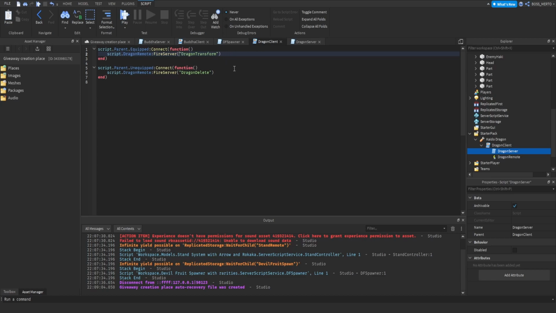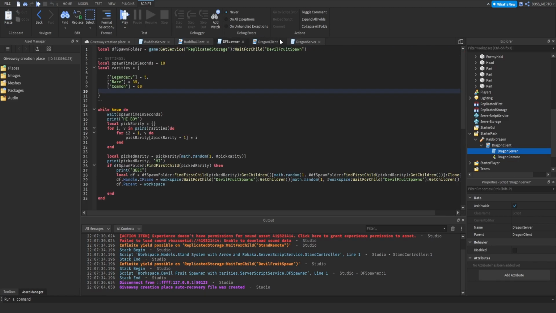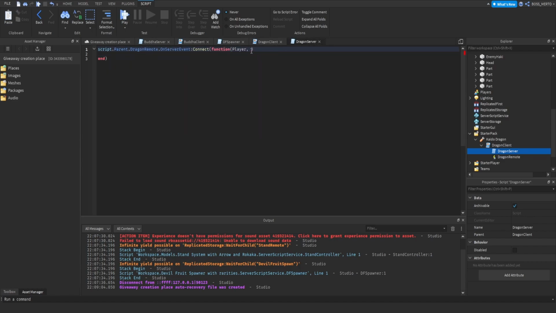So this one might be your first argument in the client, but it is not the first argument here, because the first argument here is your player. The first argument in your client script becomes the second one in the server script. So this "what" basically just tells the script what to do. If what is dragon transform, then there we go. Now else if what is dragon delete, then